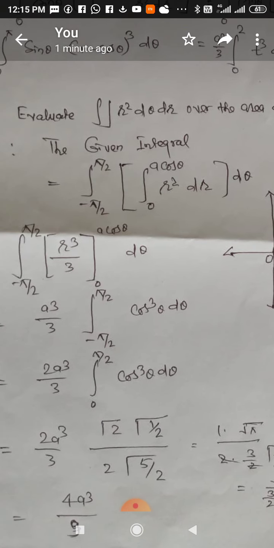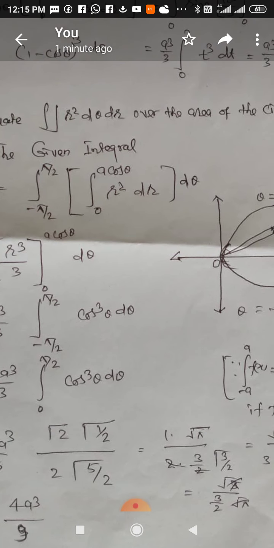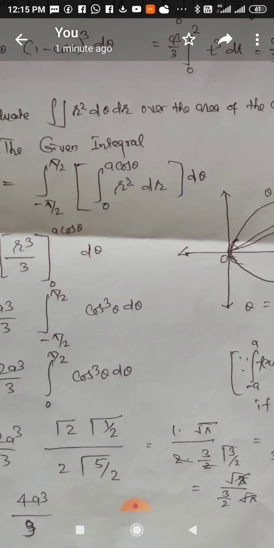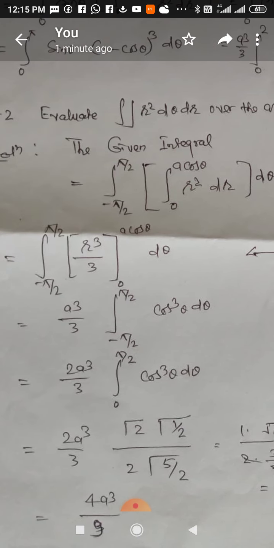Again solving this, gamma 2 is equal to factorial 1, so 1. Gamma 1 by 2 is equal to root pi. In the denominator, gamma 5 by 2 can be expressed as 3 by 2 gamma 3 by 2. Again, gamma 3 by 2 is expressed as 1 by 2 gamma 1 by 2. So putting all the values, it gives 2 by 3, and multiplying it by 2 by 3, again it gives 4a cube upon 9. This is the final answer of this integration.